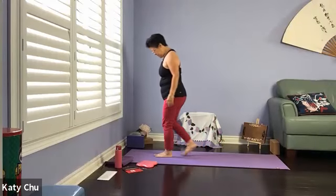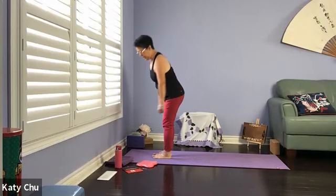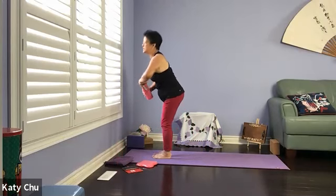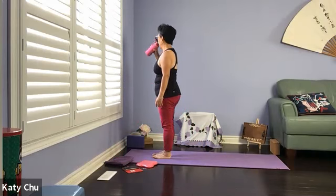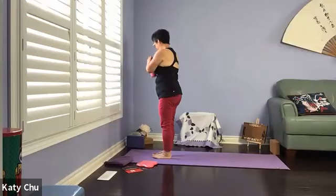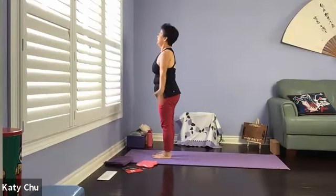Shake it out. Now we're going to go into sun salutation. So top of your mat, big toes to touch. Align the edge of your feet to the edge of your mat. So listen to your body and listen to my instruction. Inhale your arms up,